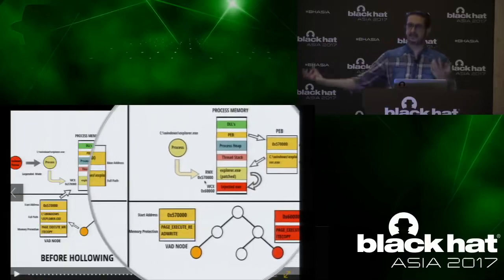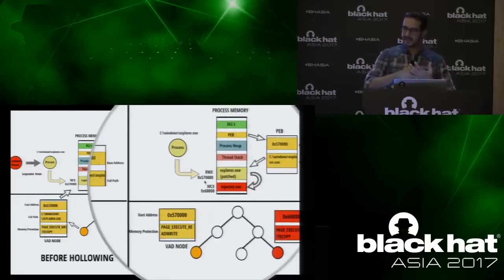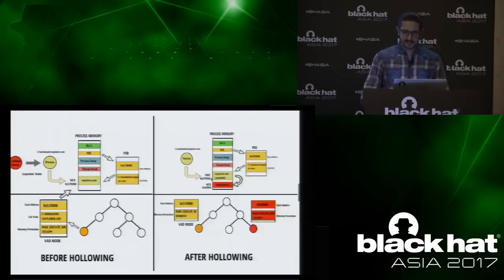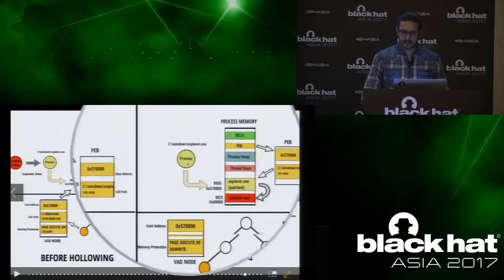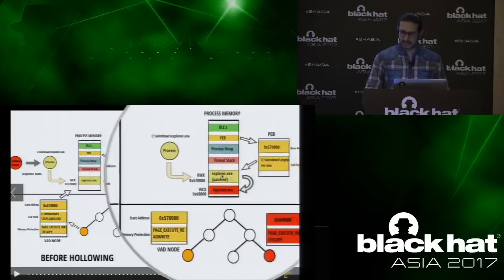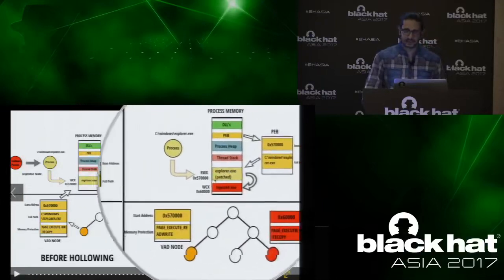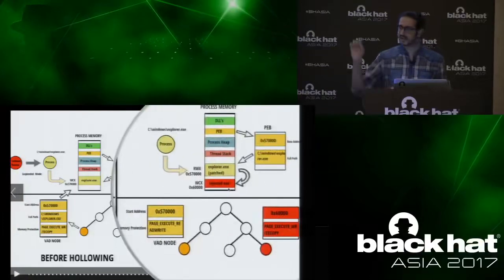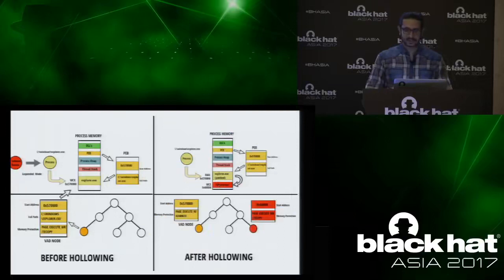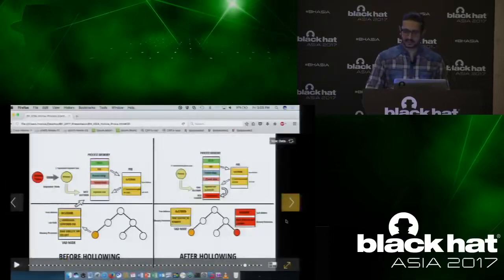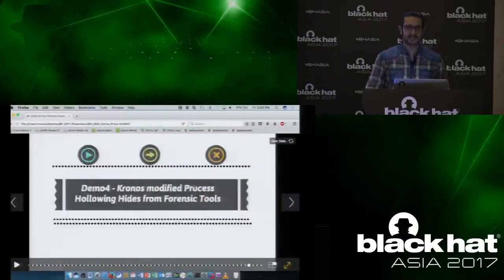And then it copied the content of explorer.exe into its own memory region, patched it, and copied it back. You see, this is what happens. And when the thread is resumed, explorer.exe will execute this patched executable. The job of the patched executable is to redirect the code to the injected executable, which performs malicious actions. So let me show you what happens when you do this, and how it creates a discrepancy.